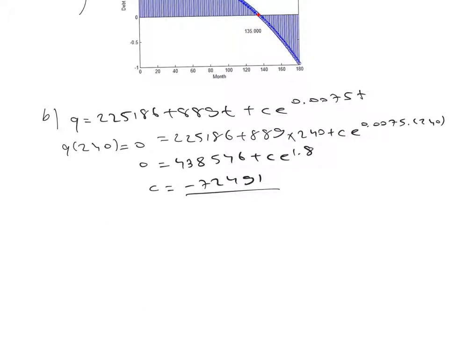So by using this constant C, we will calculate the initial loan, which is Q0. Q0 is equal to minus 72,491 times this, which is equal to